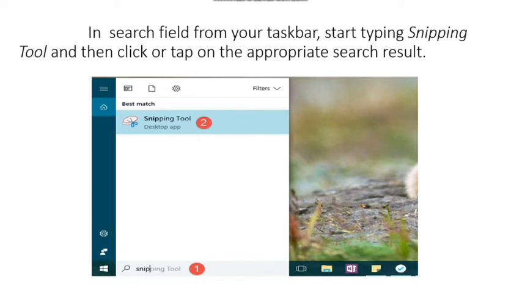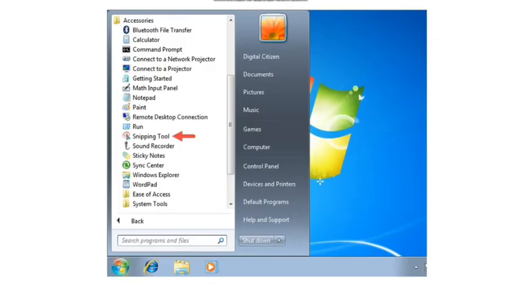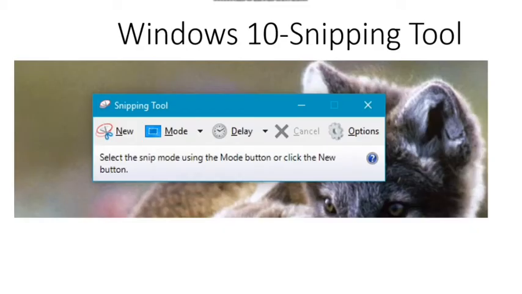Or the second option is, as we were doing earlier also, click on the start menu, then all programs, then Windows accessories. Now you can see snipping tool. You need to click it. Now snipping tool window will get opened.